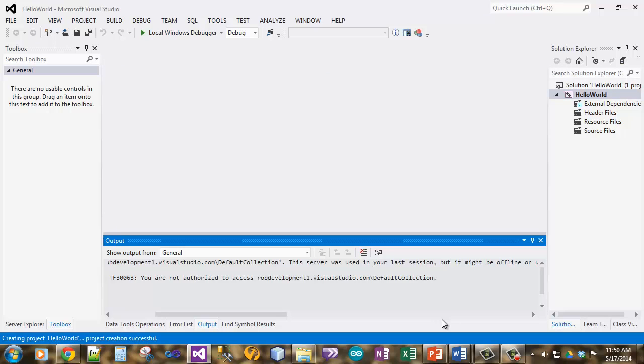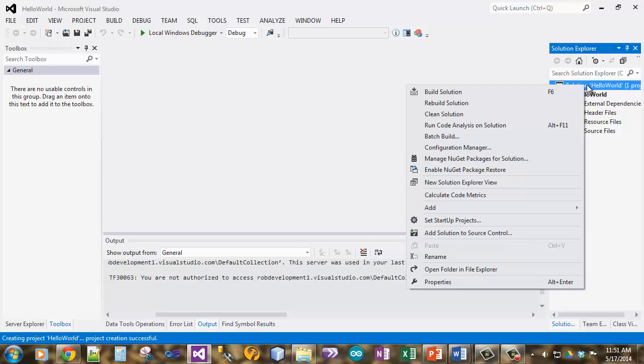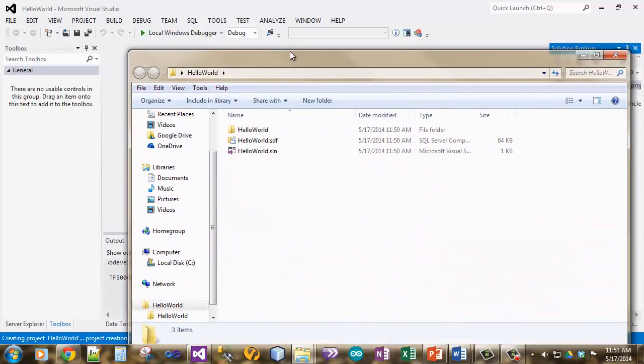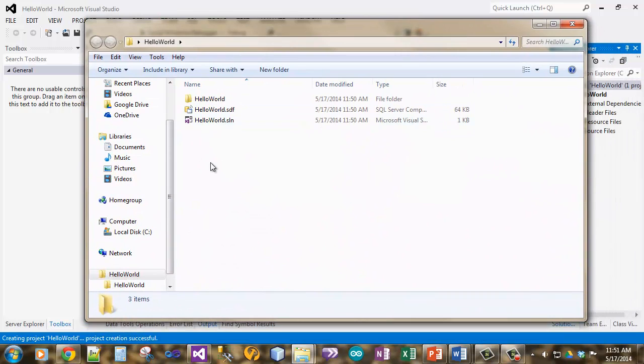So once the project opens up, in the Solution Explorer we have a number of directories that basically showed up. These directories are actually empty. In fact, if you wanted to look at those directories, you can right click on, for example, the Solution folder, and click on Open Folder in File Explorer, and the folder will open up, and we see that